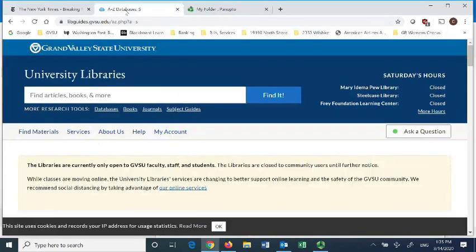Hi everyone. I'm going to try to give you some help today by showing you a database that I don't think we went over in class. It's called Statista, and I'm going to show you some quick things that you might find useful as you do research on